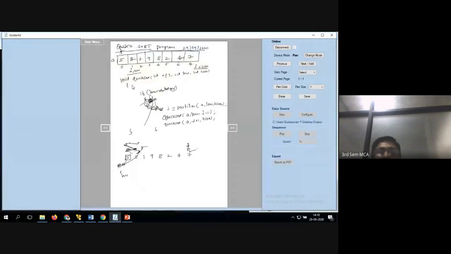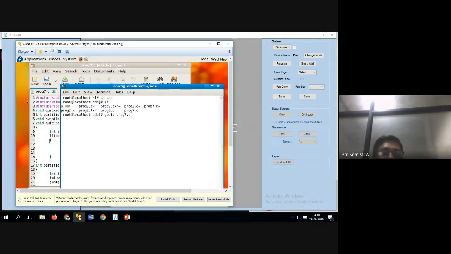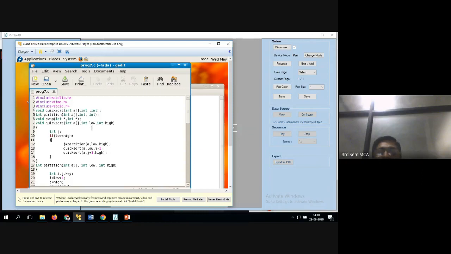So now what I told you is the first function is this. If you go for this, void quicksort, int array, low comma high. That's what is here also: int a, low, high, we have written. When you do the process, you move the low value up to the high value.